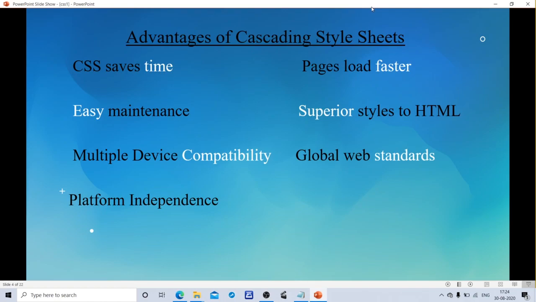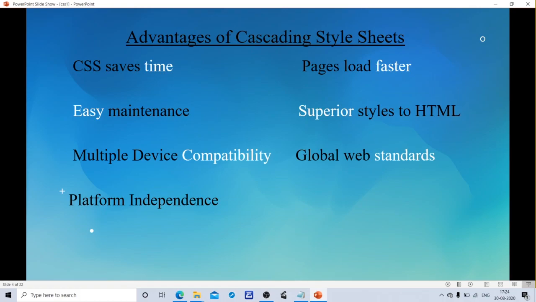Page loads faster. How is a page loaded faster? If you are using cascading style sheets, you do not need to write HTML attributes every time. Just write one CSS rule for a tag and apply it to all the occurrences of that tag. So less code means faster downloads.